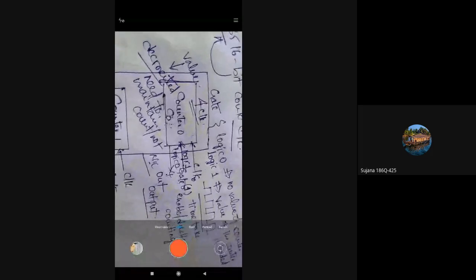Suppose the counter is first initiated with a particular value. After every count, the counter will get decremented. Initially the counter will be provided with a particular count.